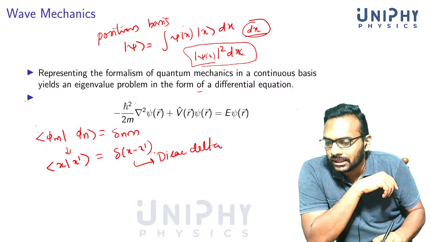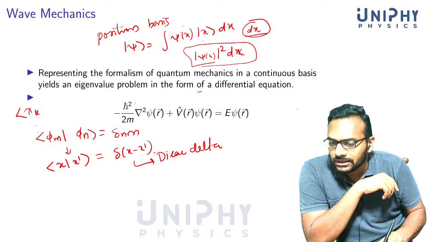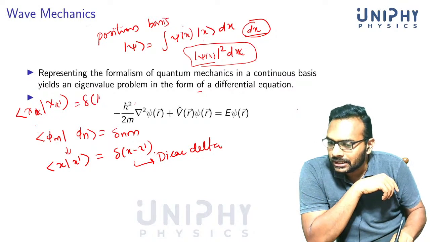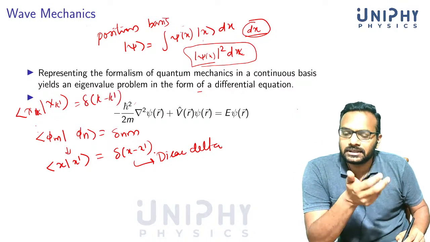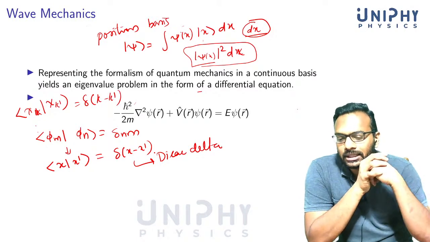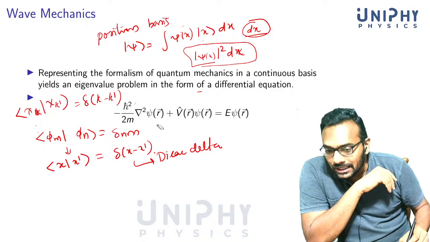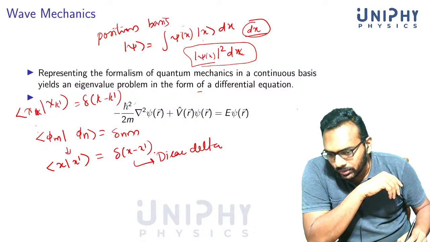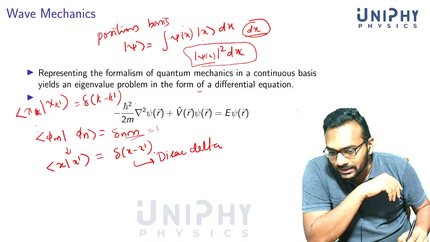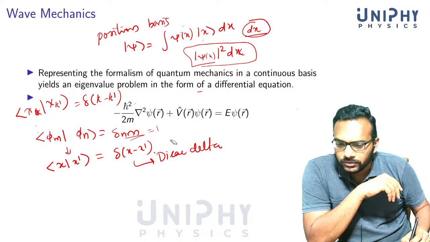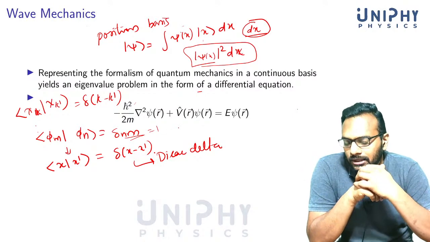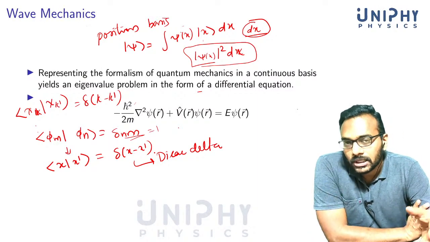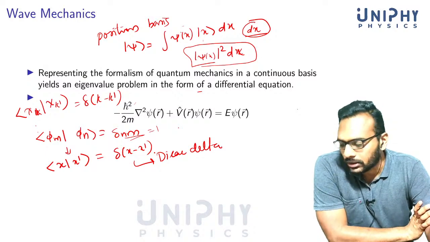Or in general, you can say that if you have some continuous variable k prime, this is equal to delta k minus k prime. This is in one dimension. If it's in 3 dimensions, you have to make the corresponding generalization. Now you see that even though they look similar, there are a lot of similarities, but when n equal to m, this is equal to 1, but when x equal to x prime, this is equal to infinity. So we have to be more careful when we deal with the continuous eigenvectors or continuous basis, like position or momentum.